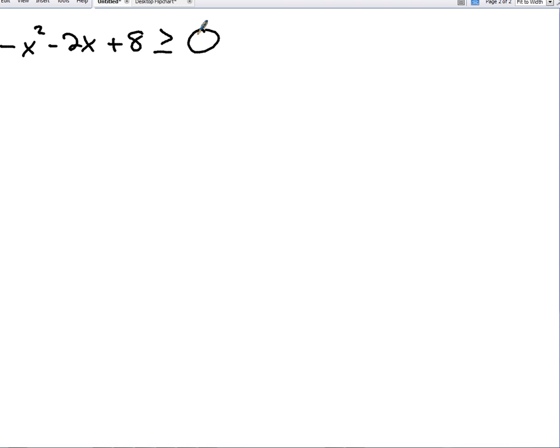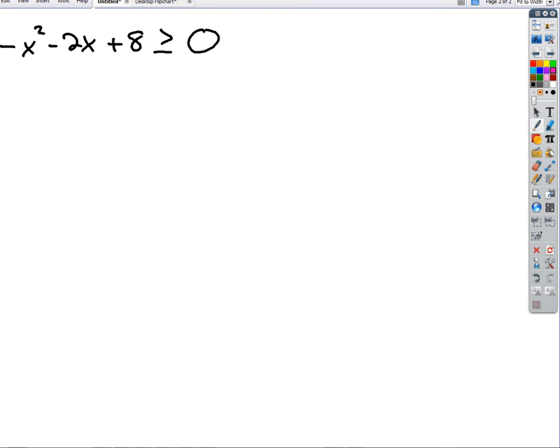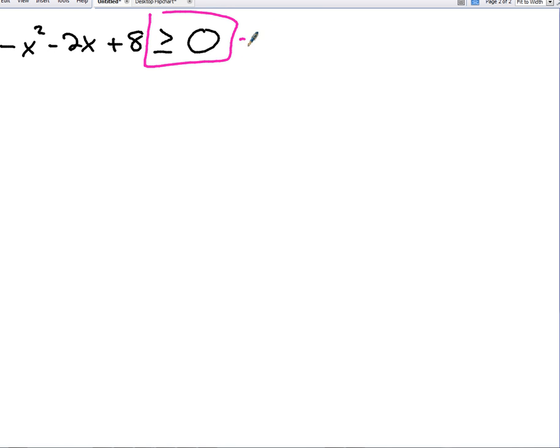Okay, what about that one? If we want to solve this right now, I just want to know when is the parabola (-x squared minus 2x plus 8) greater than or equal to 0. What does that mean in terms of my graph? What does that translate to on the xy plane? I want y values that are what? Okay, above or on, right? Because I've got equal to and greater than combined, so it's going to be on or above